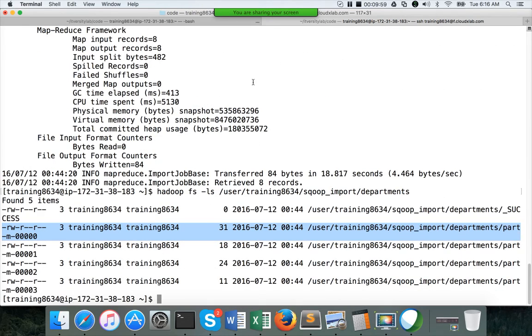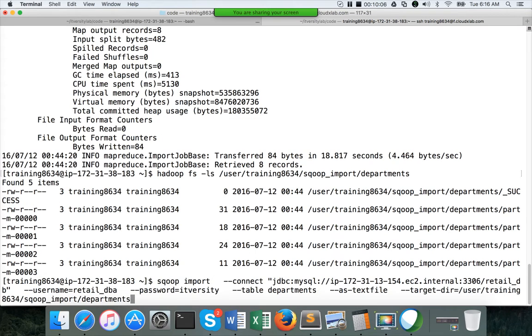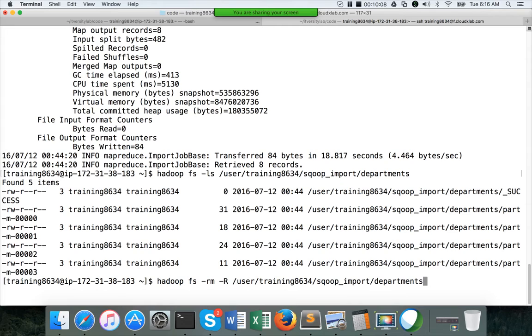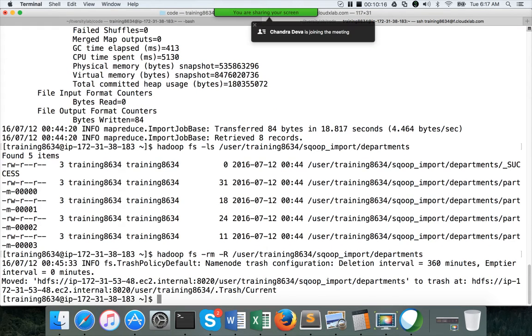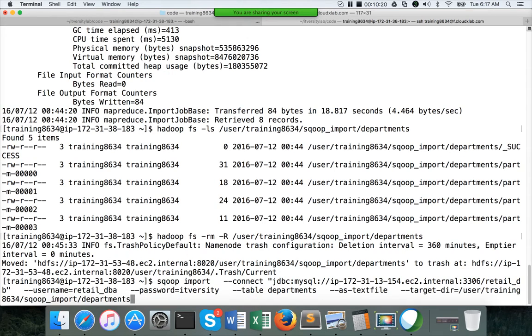Okay, so now we will see what is warehouse directory. So let me delete this again. The target directory is the one which will be used to store the data. It will not create any subdirectories when you use target directory. When you use warehouse directory, so instead of target directory, now I am using warehouse directory.